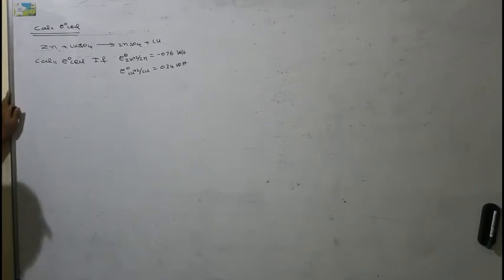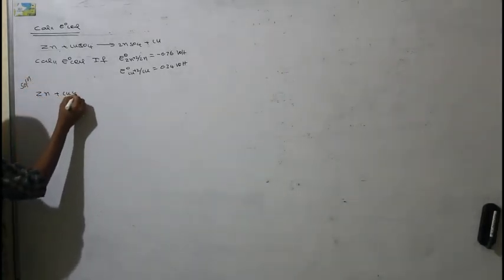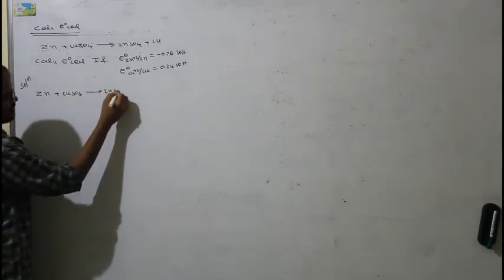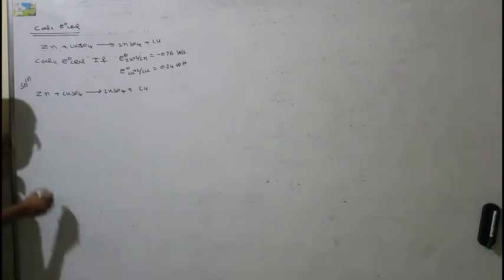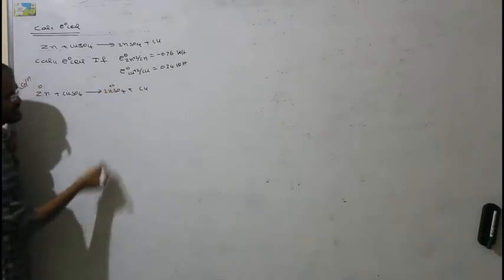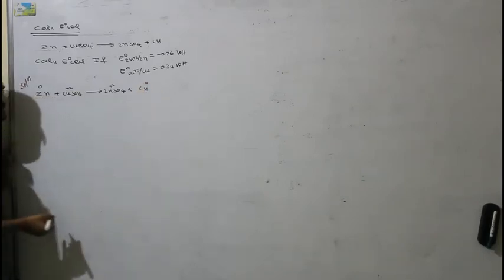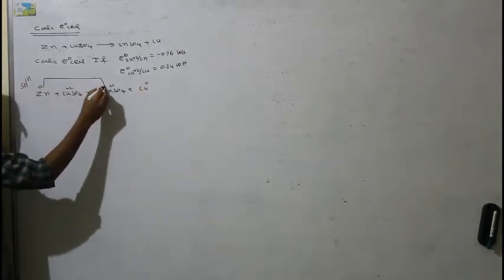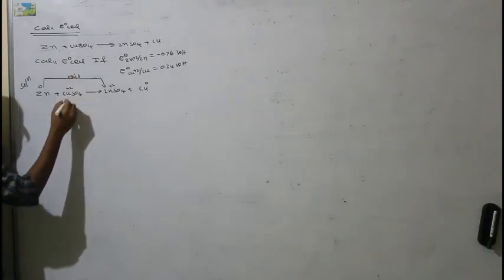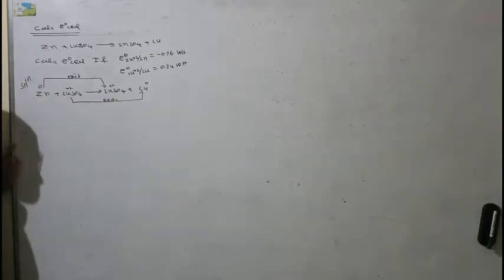So in this particular reaction you should know first of all which is undergoing oxidation and which is undergoing reduction from the equation. Zn plus CuSO4 giving ZnSO4 plus Cu. Here Zn is 0, but in zinc sulfate it will be Zn plus 2. Copper in the copper sulfate is plus 2, but here it is 0. So zinc goes from 0 to plus 2, undergoing oxidation, and copper plus 2 to copper undergoes reduction. So with this you make a reaction.